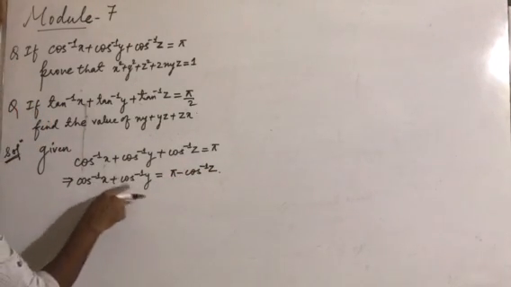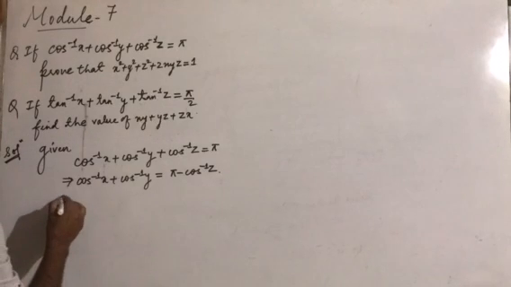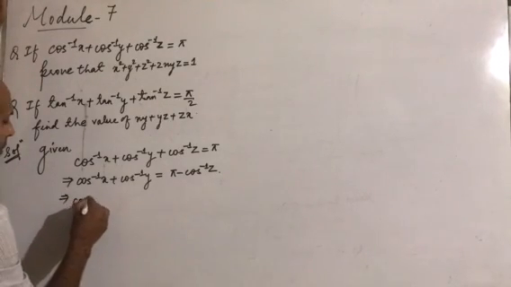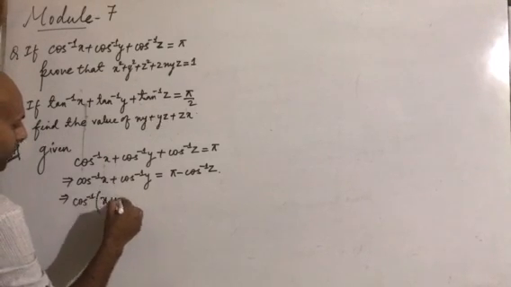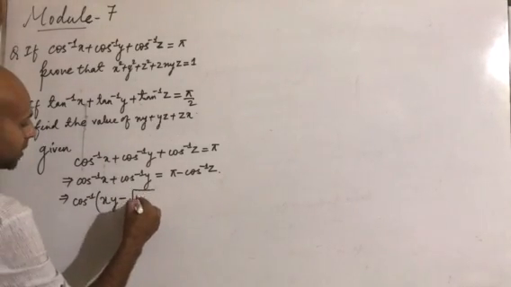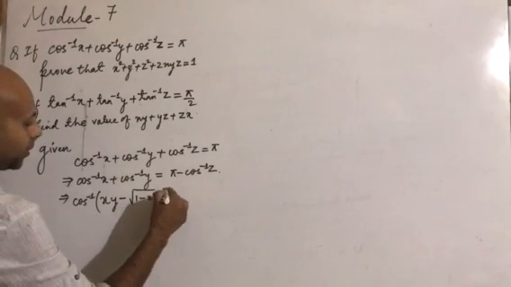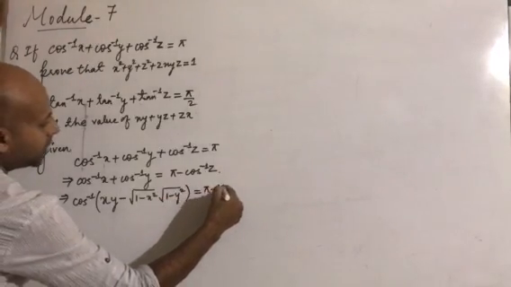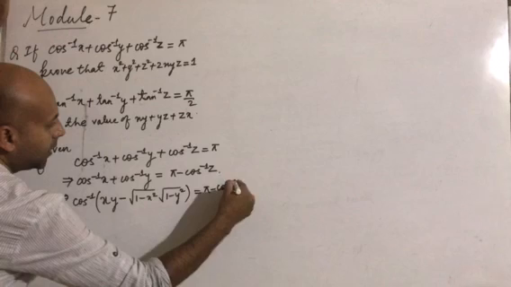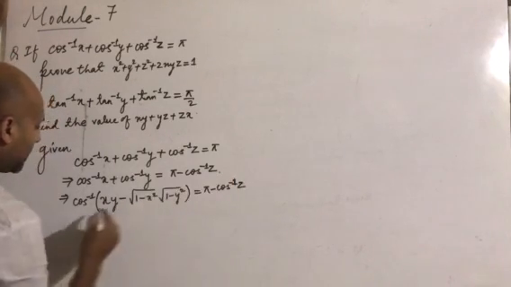Now this is cos inverse x plus cos inverse y. You know the formula for cos inverse x plus cos inverse y? It will be equal to cos inverse of, first x and y are taken, and if it is a plus sign it will be minus, root under of 1 minus x square, and then root under of 1 minus y square, is equal to pi minus cos inverse of z. Is it clear everybody? Next line.